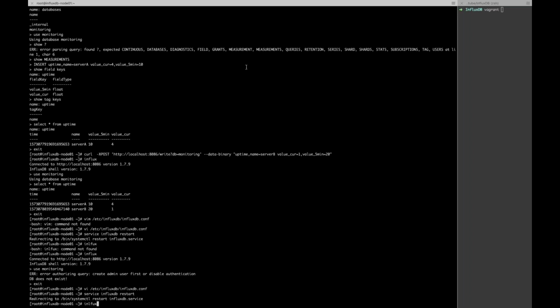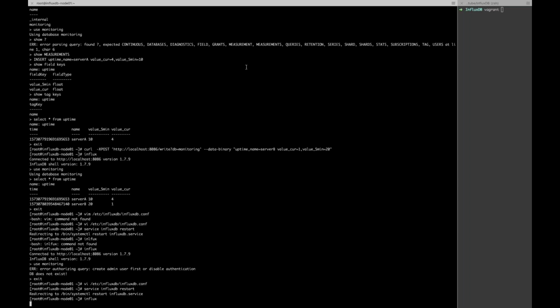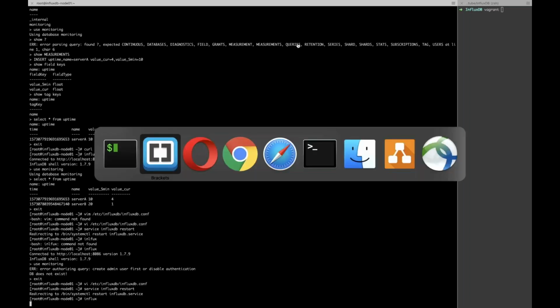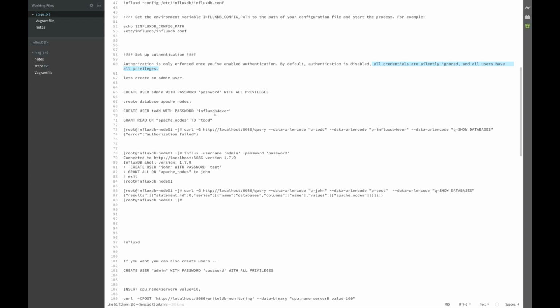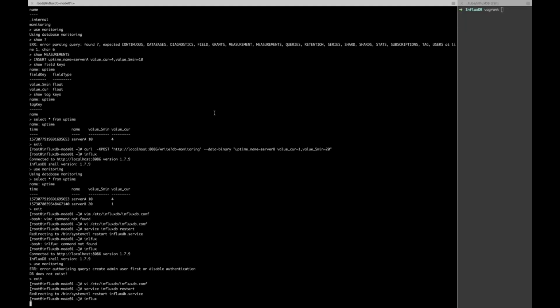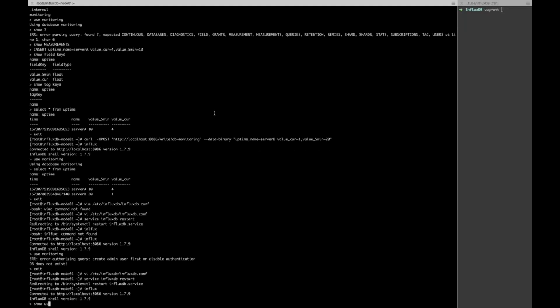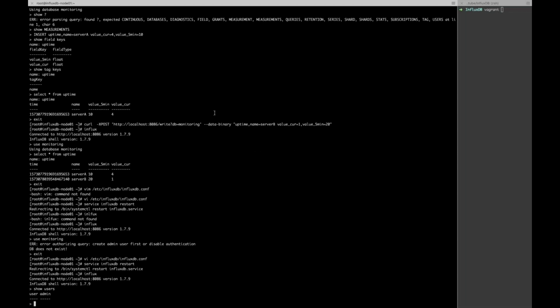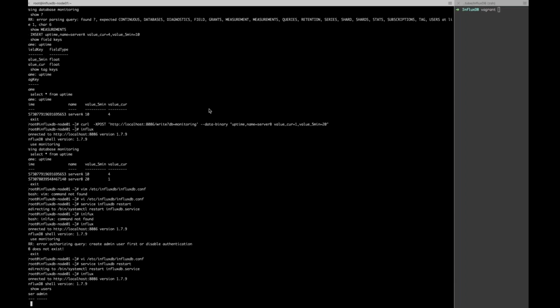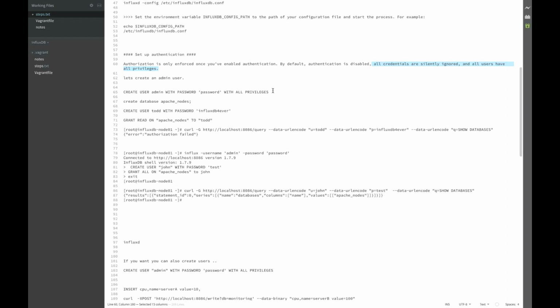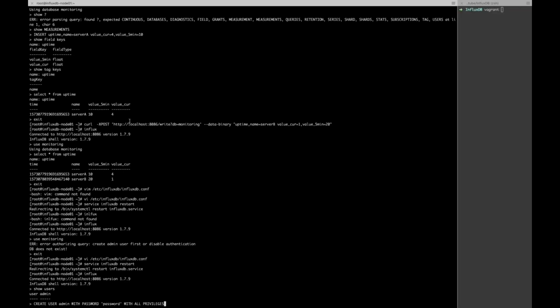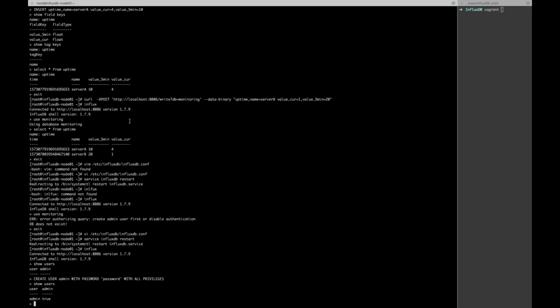Now I will log into the influx terminal, and right now if you see show users, there is no user, so I will create a user called admin with password as password for this demonstration with all privileges. So if you can see now, the admin has full access,